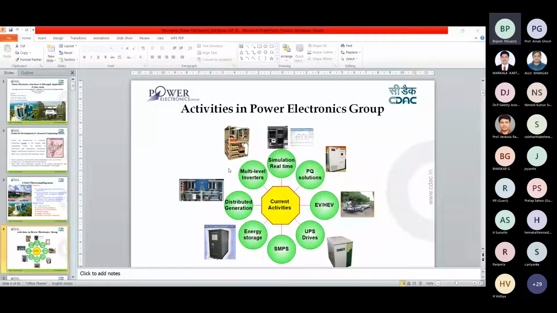Then another important thing is that it enhances social well-being. Coming to rural electrification, there are so many areas in our country where electricity still has not reached.